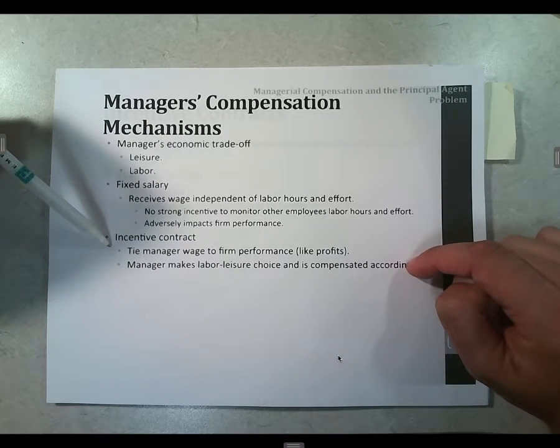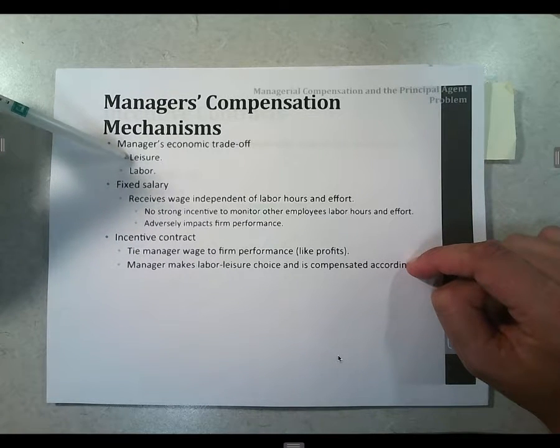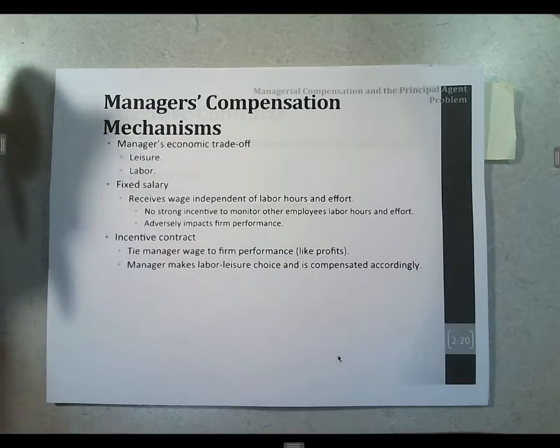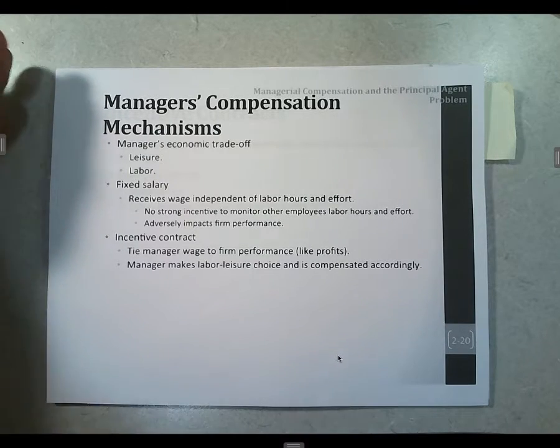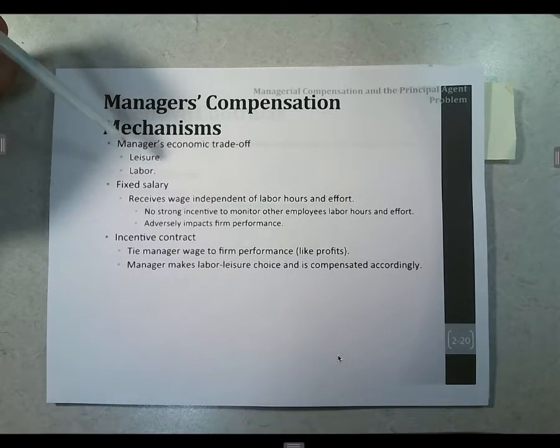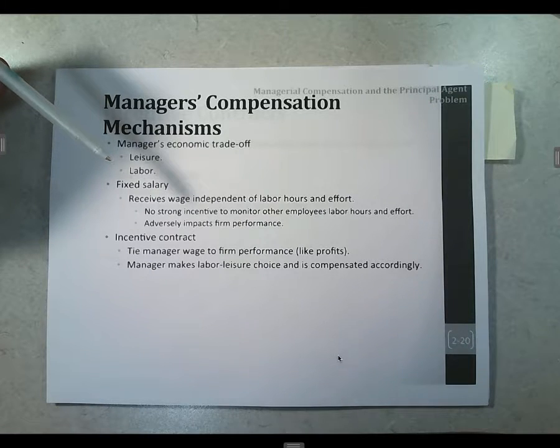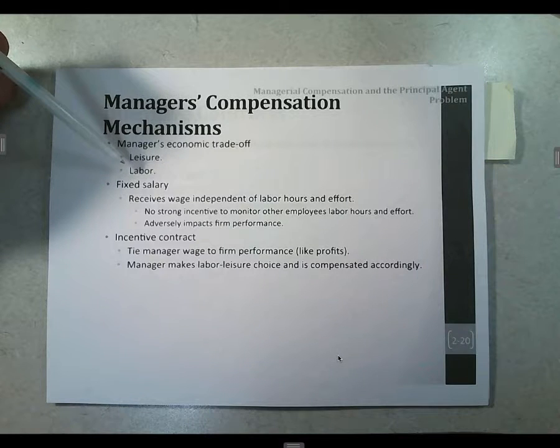The other way that it works would be with the incentive contract, where my wife might work 50, 60 hours a week. Why would she want to work that much and have less leisure? I know someone's making a joke right now of like, spend less time with you, Scheiding. That may in fact be true given the fact that I like things like managerial economics. But no, I don't think so.